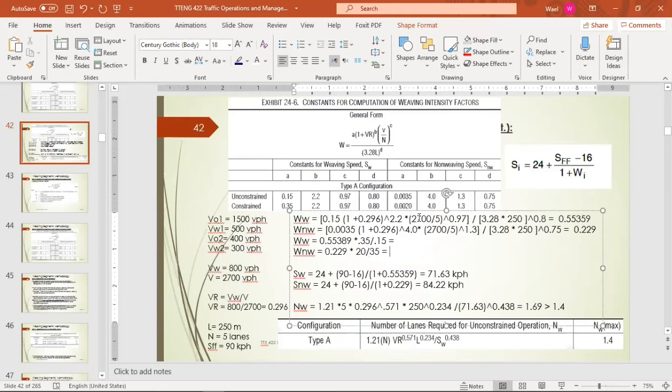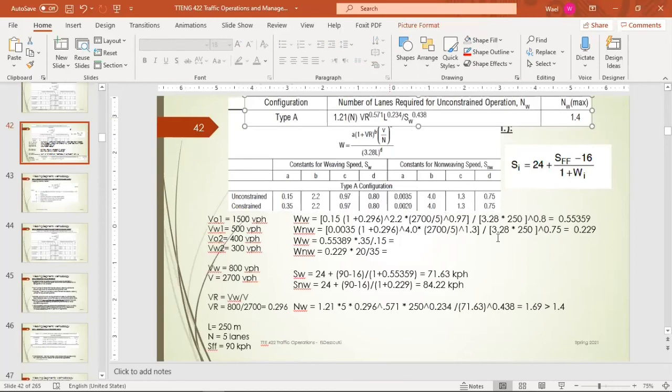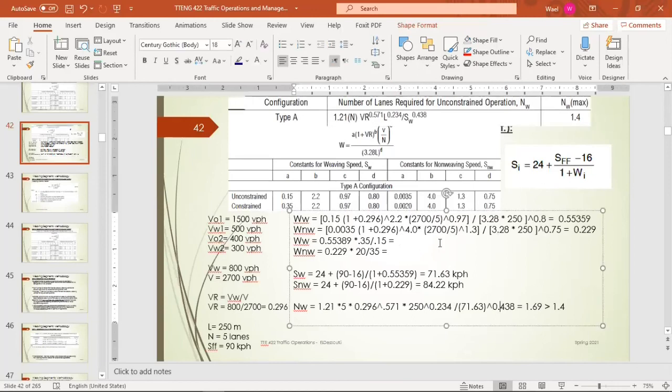How much, Muhammad? 1.292. And the second one is 0.13. Okay. That means the new speeds will be